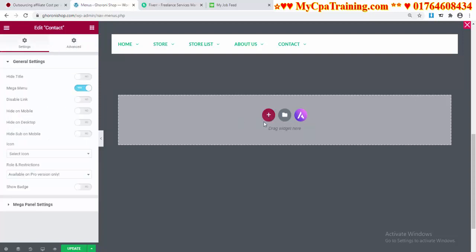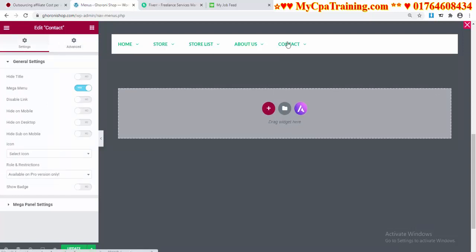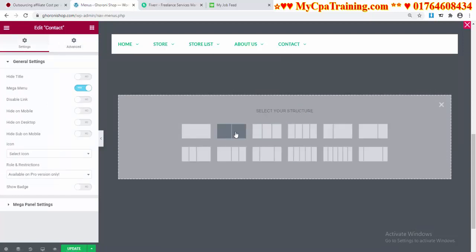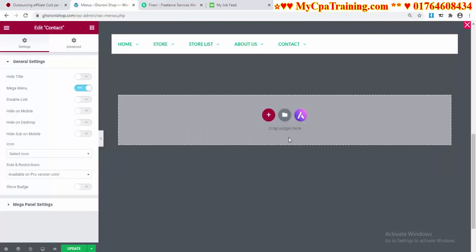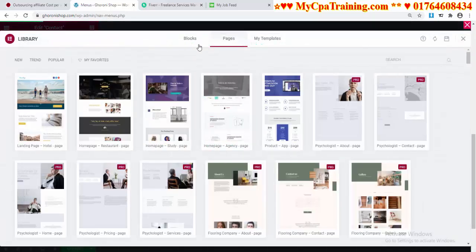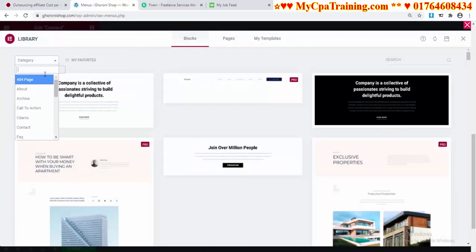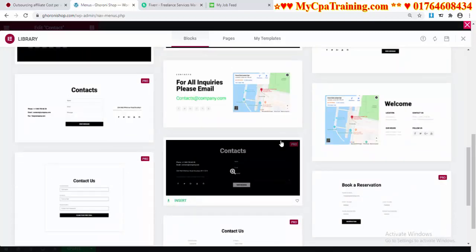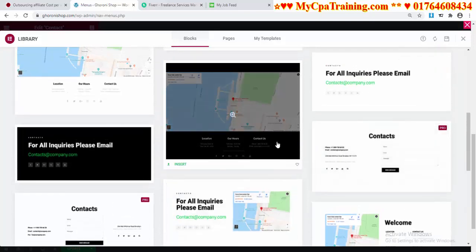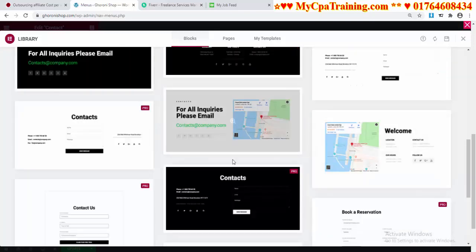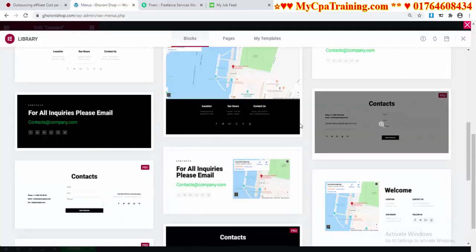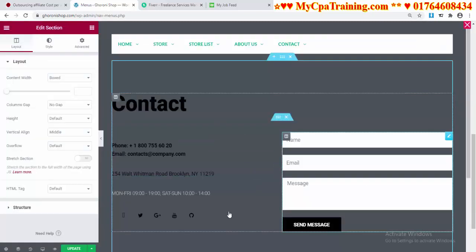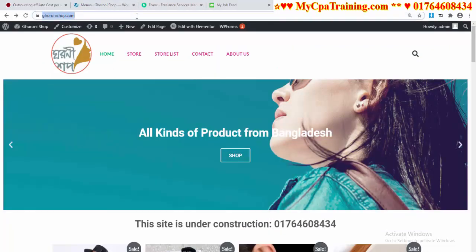Okay, now you can make the Contact mega menu by yourself, just clicking here, taking a row, and you can use elements from here. I am designing with a pre-made design, that's why I am clicking here. And if I go to blocks, if I select Contact here, you will get a lot of beautiful pre-made contact blocks from here. You can use it for your website. Suppose I like this one, insert, and done. Now if I click on update, and if I refresh my site, see,